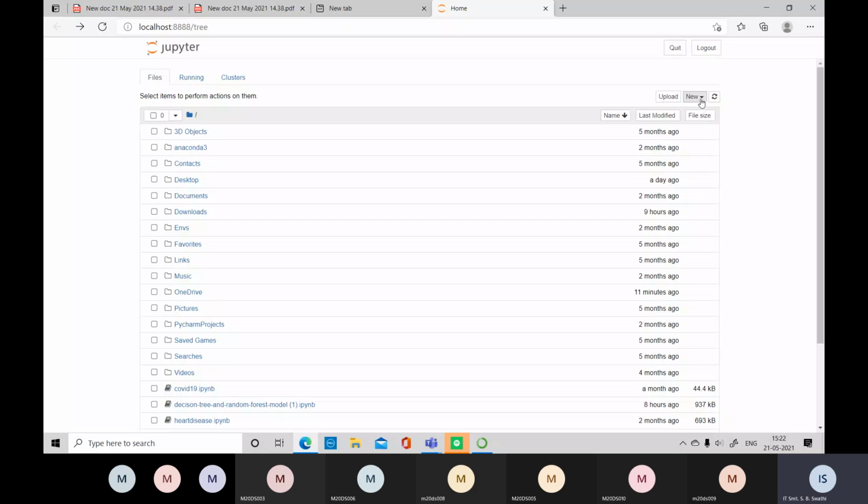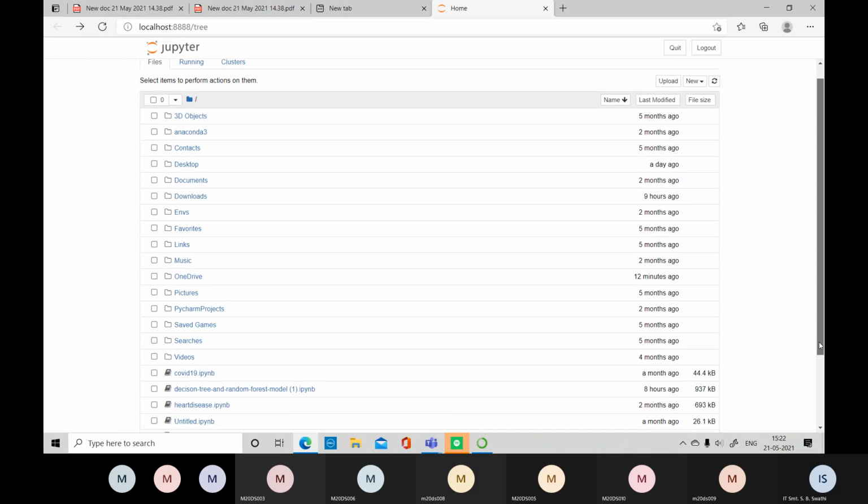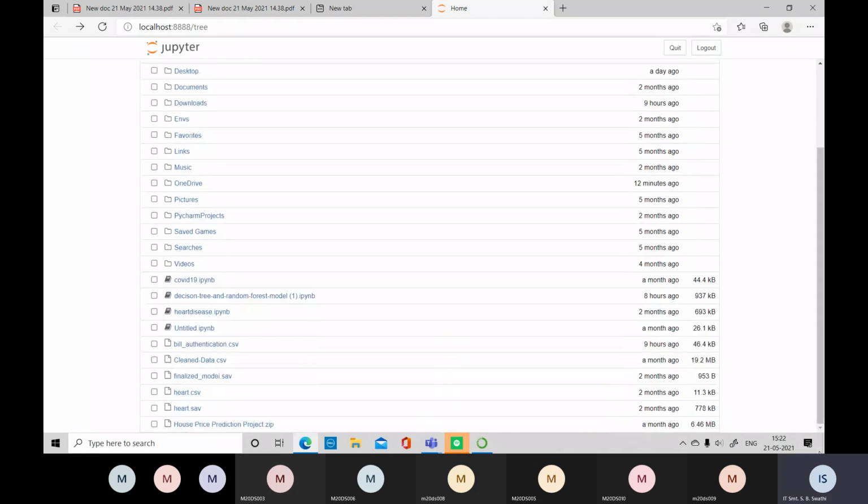And if you want to open a new file, you can click here and click on Python 3. The notebook will open. The interface is the same as Google Colab. And you see here a terminal is there. Terminal is for runtime command mode. To execute some commands in a runtime environment, we normally go for the terminal. It is like a command prompt. Here I have executed a program, and it has been saved here.